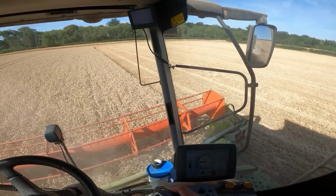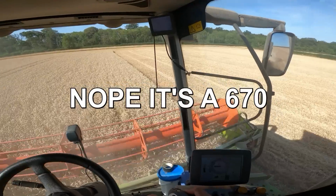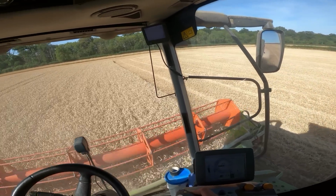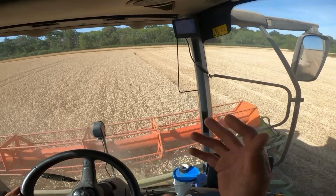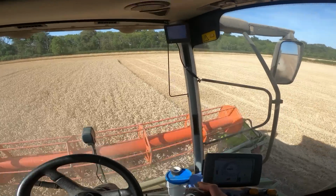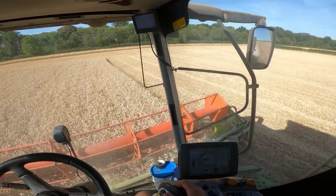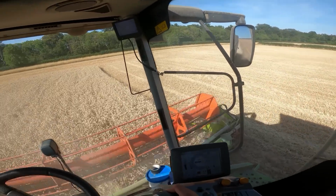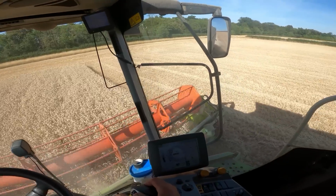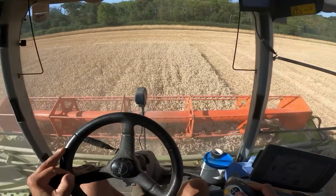Right, so this is a Claas Lexion 760 TRAC. So 760 basically means it's the largest straw walker combine Claas produced. Well, of course they do the new range now, but when this range was out, this was the largest straw walker you could buy. So it's got 6 straw walkers up the back. In front of them there's an APS drum. We've got a 450 horsepower Cat C13 powering the job. We've got a V750 up front, so a 25-foot header,